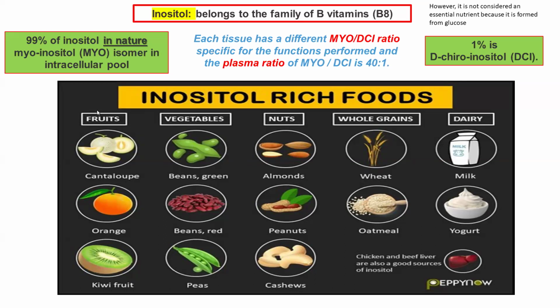And each tissue has a different myo-inositol to dichiro-inositol ratio, specific for the function performed. The second message is that myo-inositol has different functions from dichiro-inositol, but together they have some conjoint functions. So the inositol group has some functions, but if you go in depth, the myo is different from dichiro, and the concentration of myo is much higher than the dichiro, despite the variation in the different tissues of